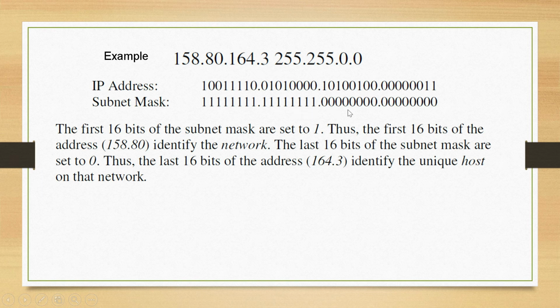The last 16 bits of the subnet mask are set to 0, thus the last 16 bits of the address identify the unique host of that network. So this is your host address, 164.3, but the whole IP address is